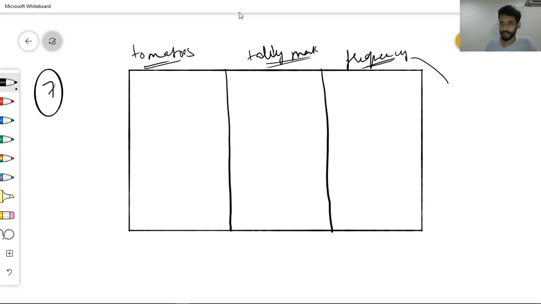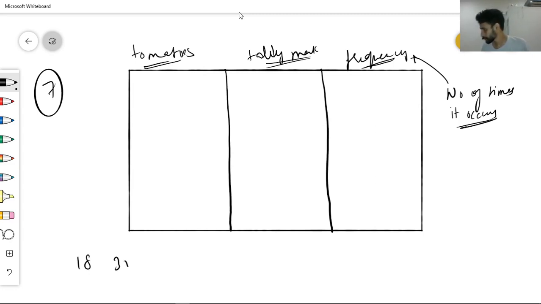Then another one is frequency. Frequency means number of times it occurs. So first of all, the given things are like this: 18, 31, 25, 16, 21, 20, 34,